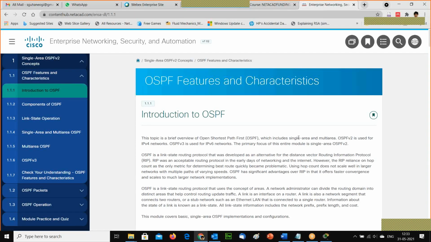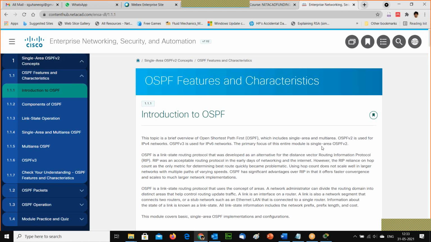So first we are going to talk about single area OSPF configuration. Then we will see multi-area OSPF configuration. First we will see OSPF version 2, that is for IPv4 network. Then we will see the configuration for OSPFv3, that is for IPv6 network.